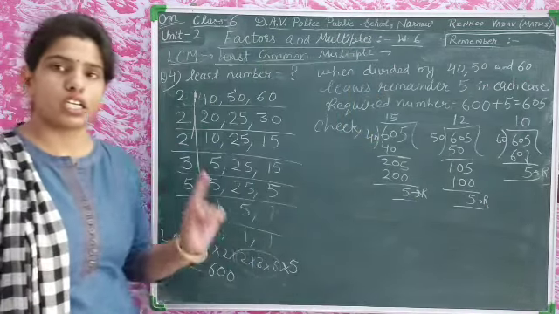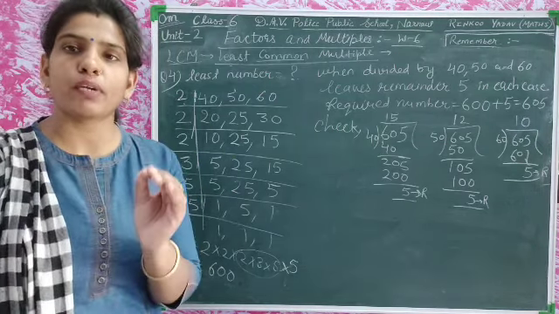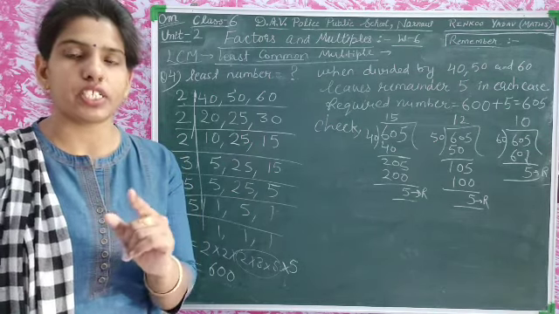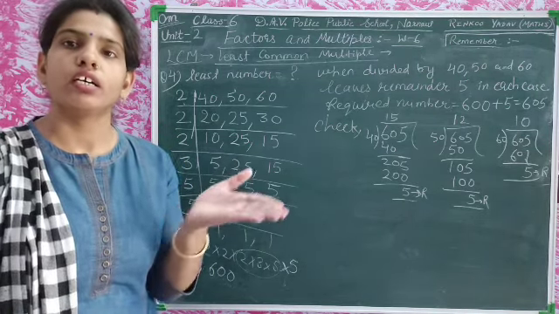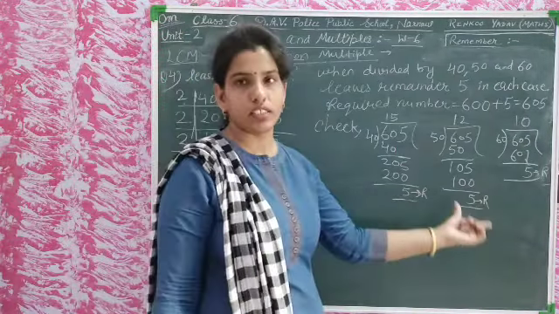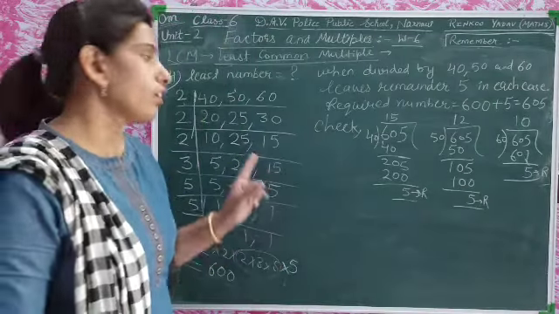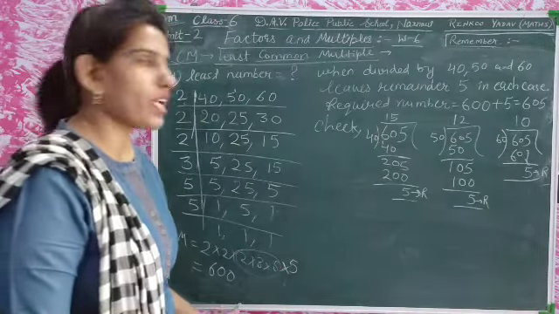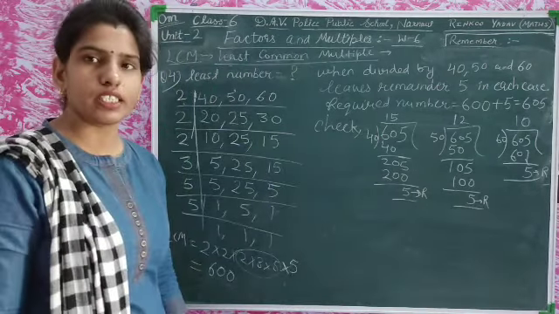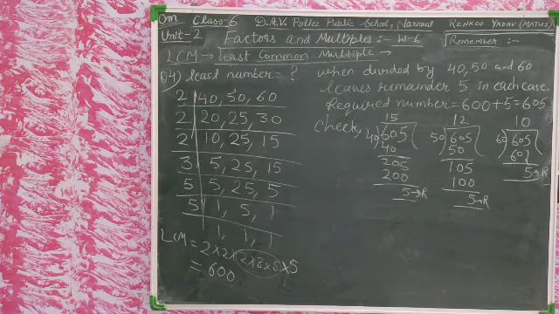It means if we have to find the least number which, when divided by any of the numbers, leaves the remainder in each case, or leaves a remainder in other cases, whether this remainder, this remainder, or any other remainder is there, we will find the LCM first, and then we will add the number here. Is it clear, students? Now we will go to the next question. Let's see there.